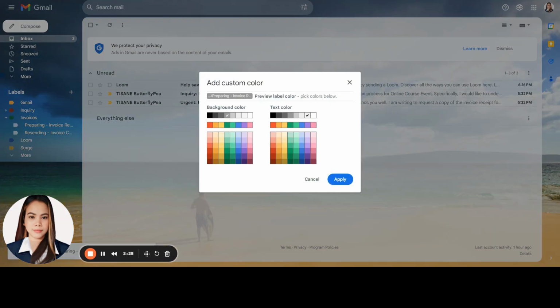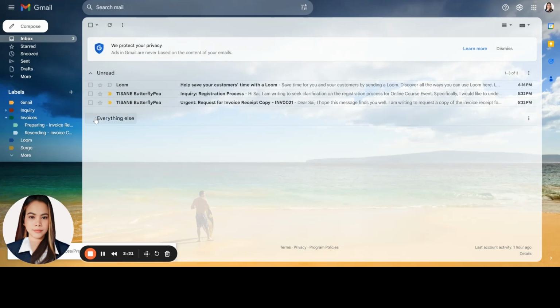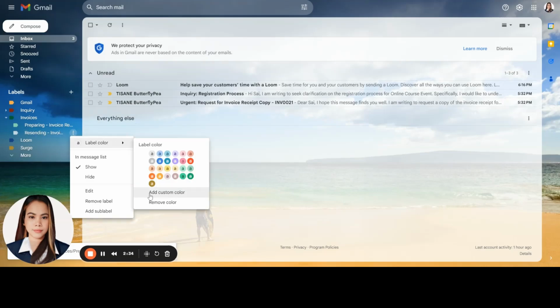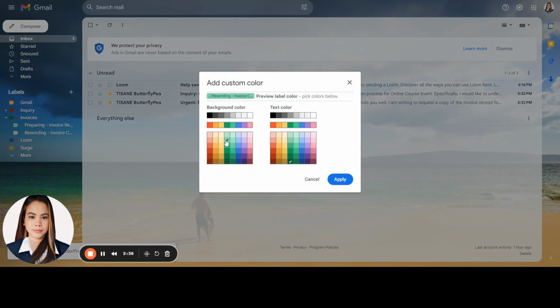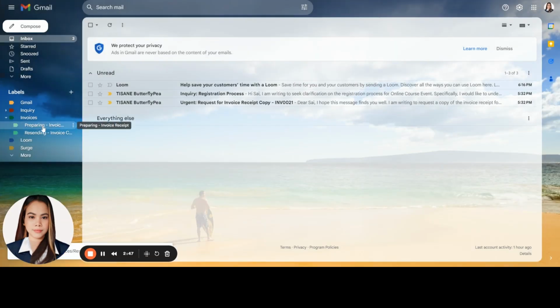Then, same as what we do on our inquiry, we change or customize the folder color there.